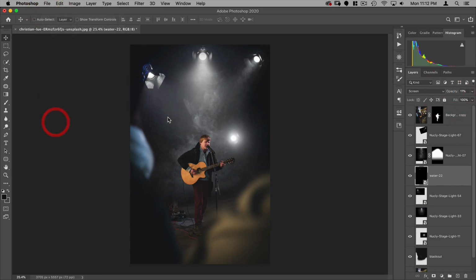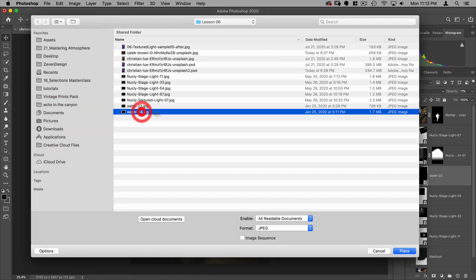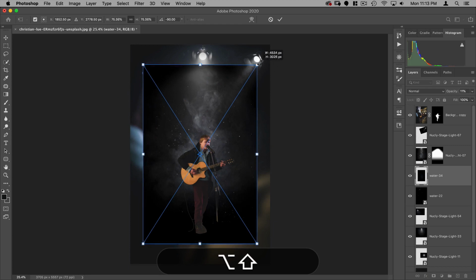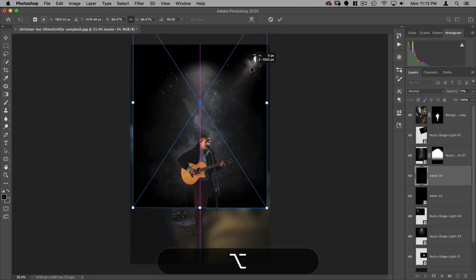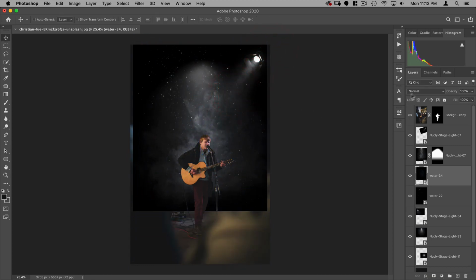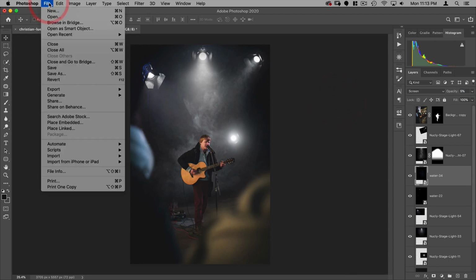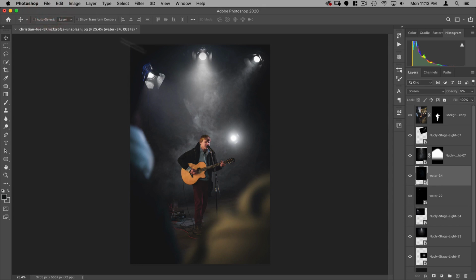Let's do File, Place Embedded again. I'm going to use the water 34. And this one, do the same thing. Put that on screen and take the opacity way down. This works even just at like 5% opacity. It actually does help. Okay, so having done all that, I now want to put a heavy color grade on the whole image.